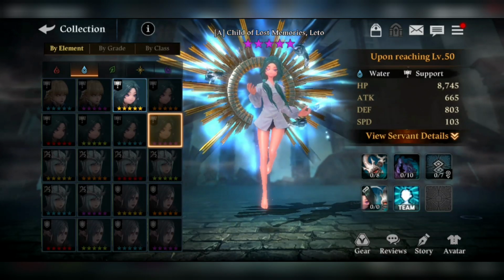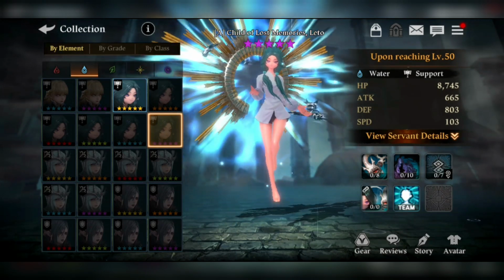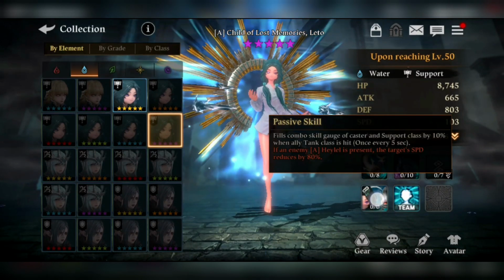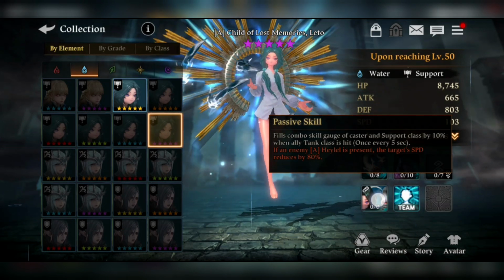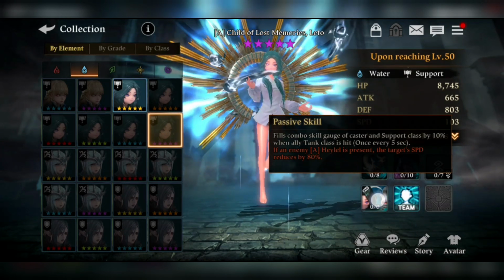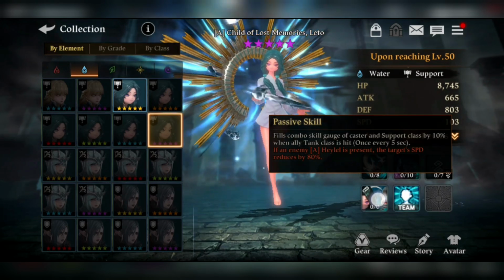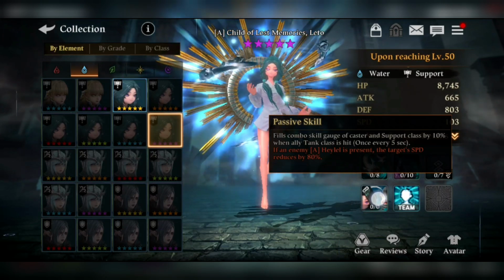In the number 8, we have Water Leto. Yes, she is one of the best support servants right over there. Let's look into her passive skill. Fills combo skill gauge of the caster and support class by 10% when allied tank class is hit, once every 5 seconds. So that's pretty good, especially, like there are so many support servants like Forest Leto, Fire Blavatsky,